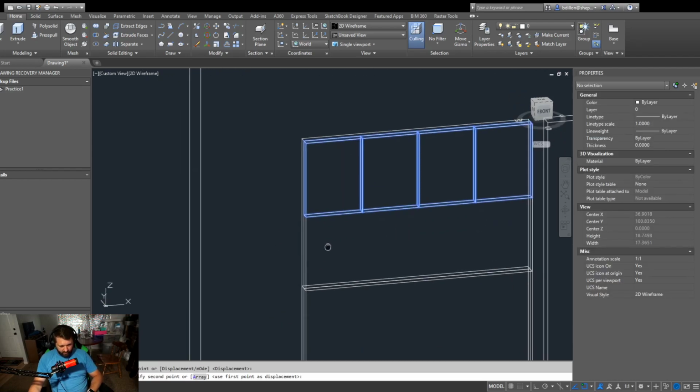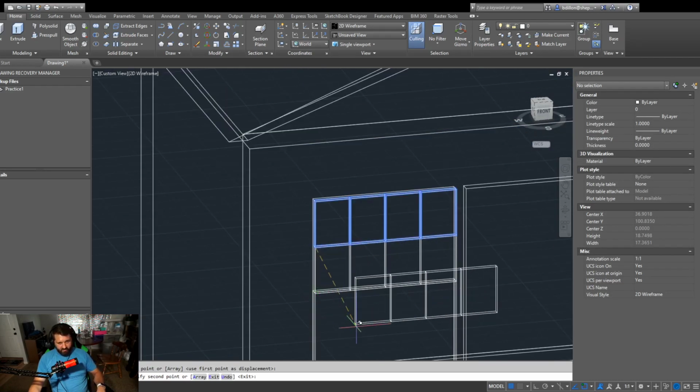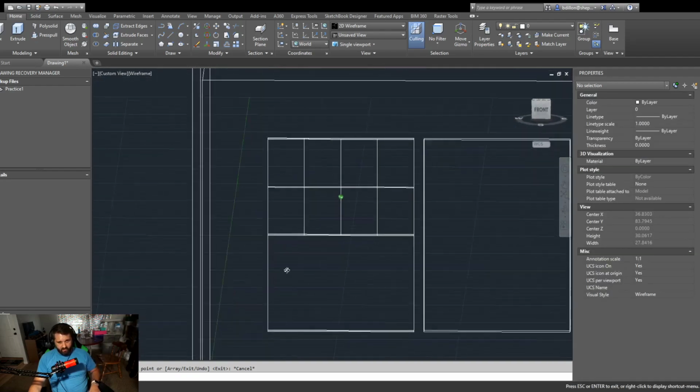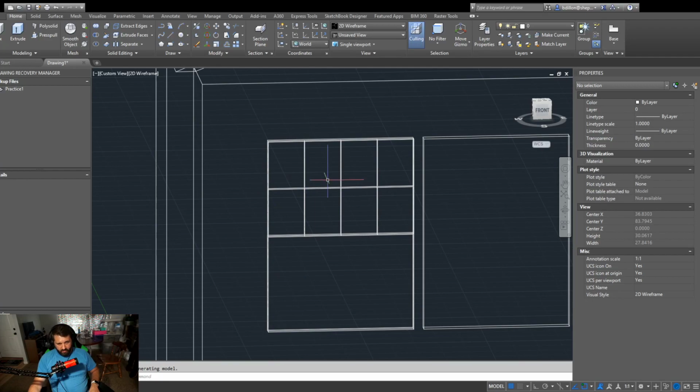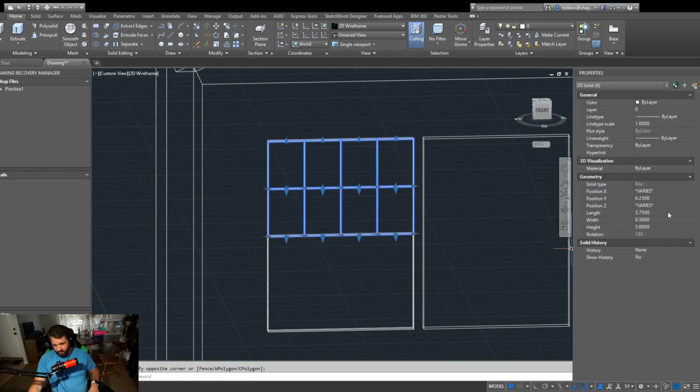So copy, paste that there. Now we kind of have a window look, but they're too large. So I'm going to take all of these, and I'm going to drop them. Length is currently 3.75, so let's just drop them to